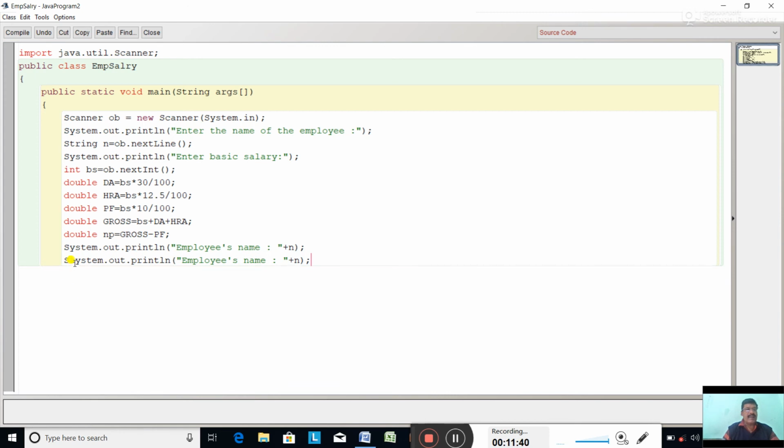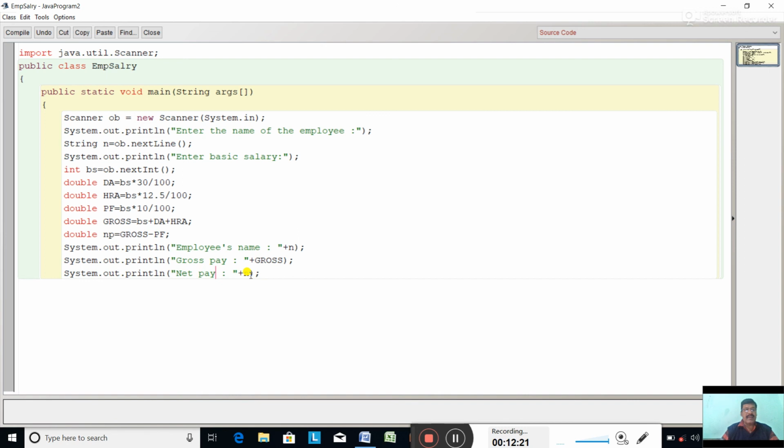System.out.println. After the name, what will come? Gross pay. Type here gross pay equal to gross. And after that, print the net pay. The payment the employee gets in his hand, the amount to be taken at home. Net pay is np.